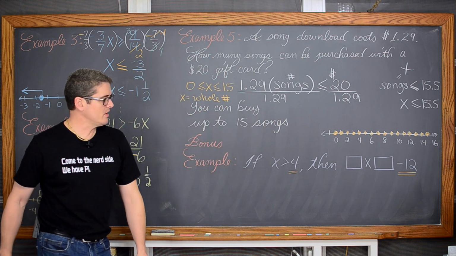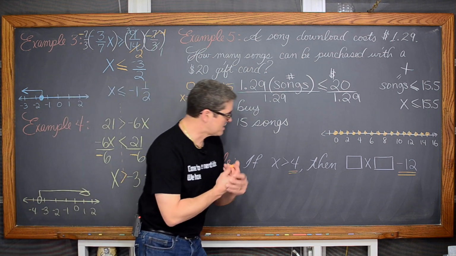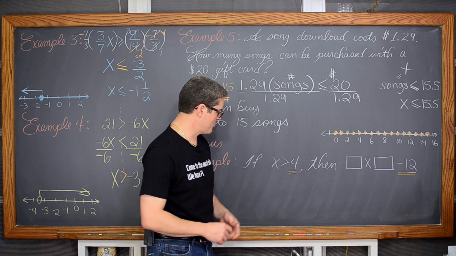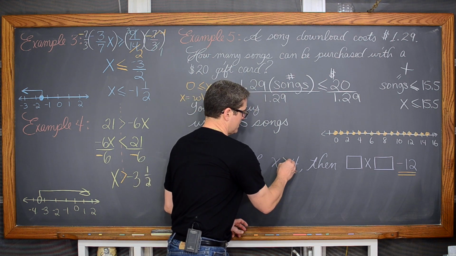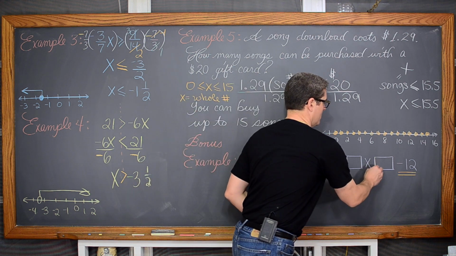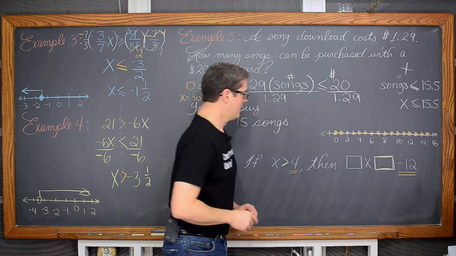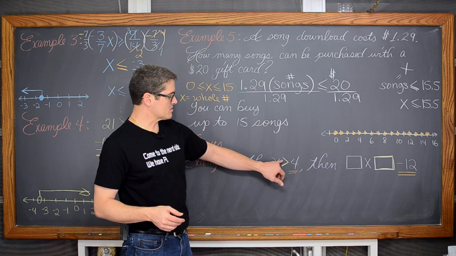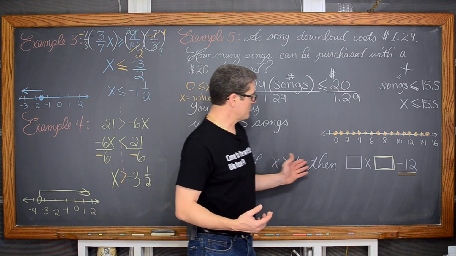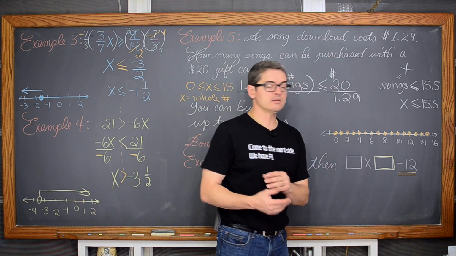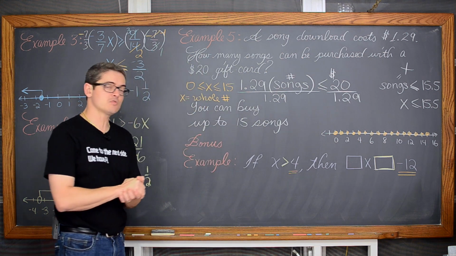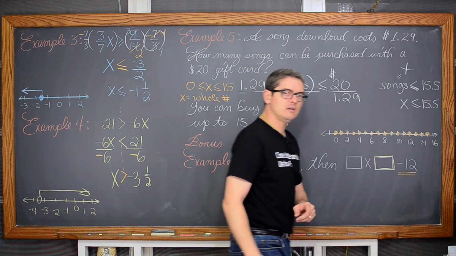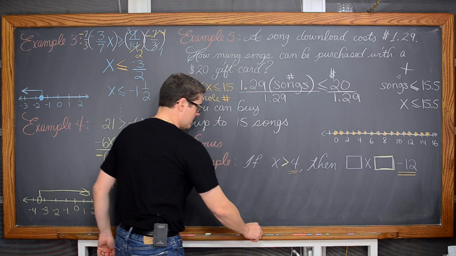If x is greater than 4, then, okay, let's see here. I've maybe put a few too many boxes in here, but I'm trying to represent what kind of inequality is going to go in this rectangle. What would the new inequality look like if I want to start with x is greater than 4 and end up with some kind of inequality where the right-hand side is equal to negative 12? Well, what do you multiply 4 by to make it equal negative 12? You have to multiply it by